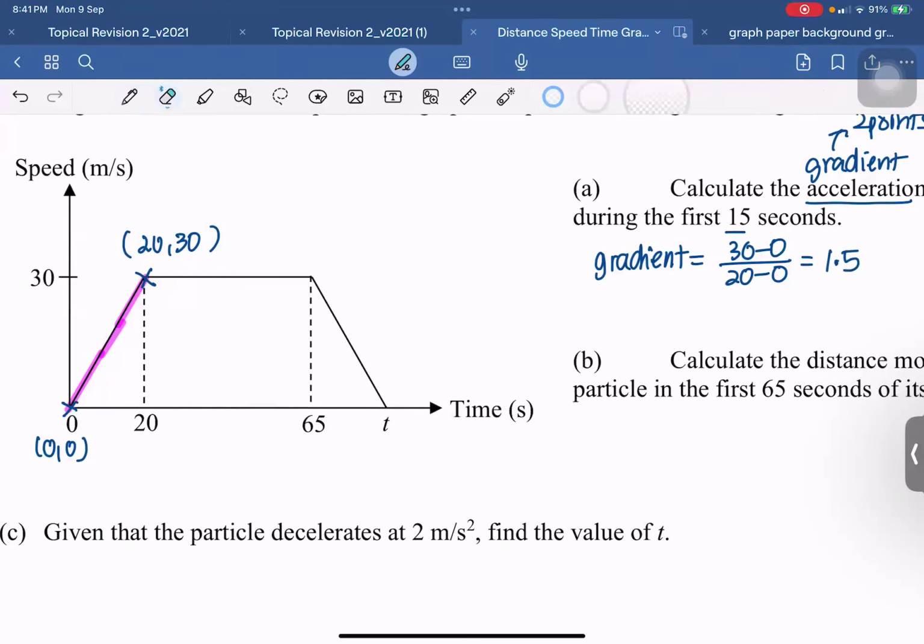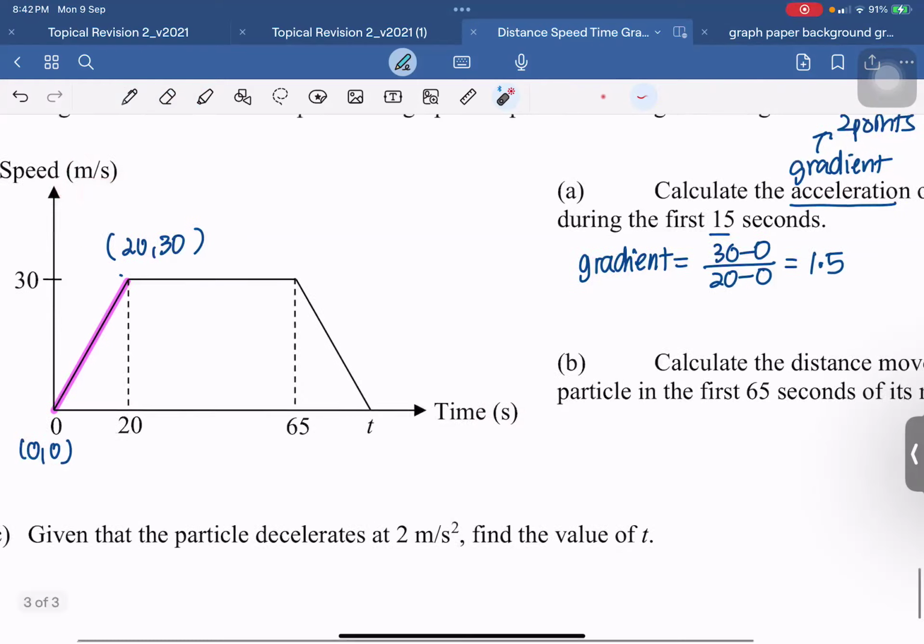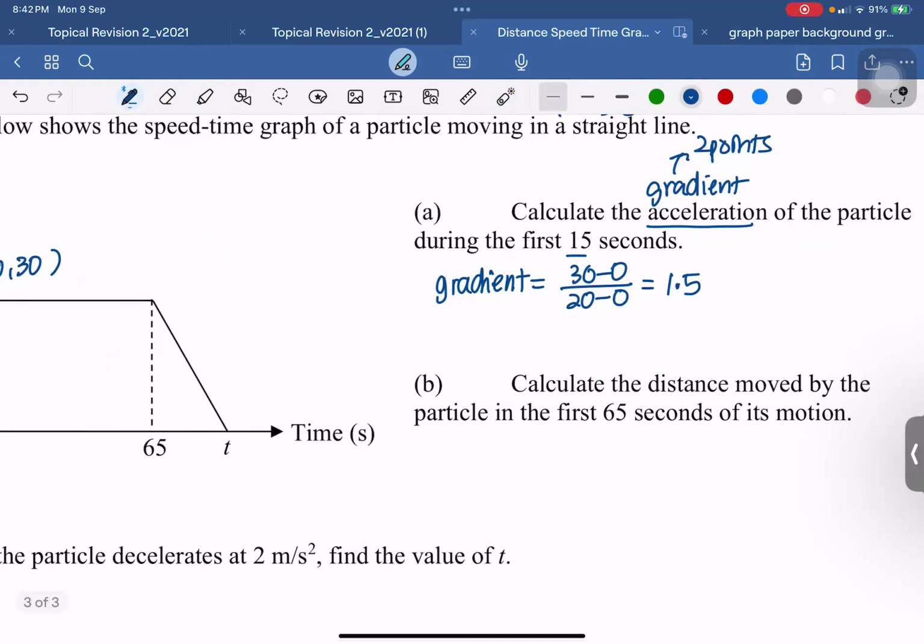Okay, 1.5. I think so, based on my math skill. So in this case, gradient, but observe the unit. This is meters per second. This one is seconds. What is the unit for your acceleration? Meters per second squared. Correct. So the gradient will be in meters per second squared. So therefore, acceleration